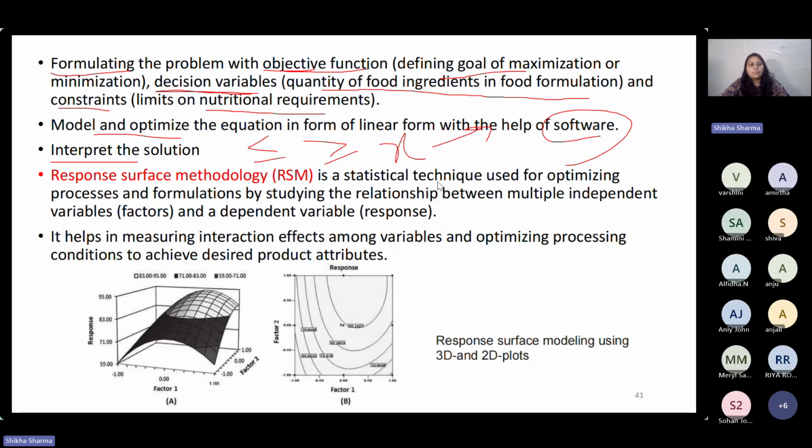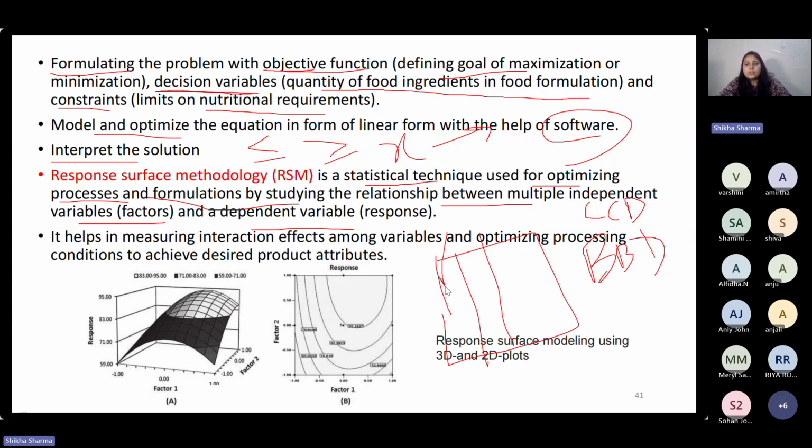Whereas RSM is a statistical technique used for optimizing the processes and also the formulations by studying the relationship between multiple independent variables and the dependent variables. In RSM, it has different models also, like the CCD model, then we can use the BBD model. CCD is basically central composite design, and BBD is Box-Behnken design. So we use these methods basically in the RSM, where we can have